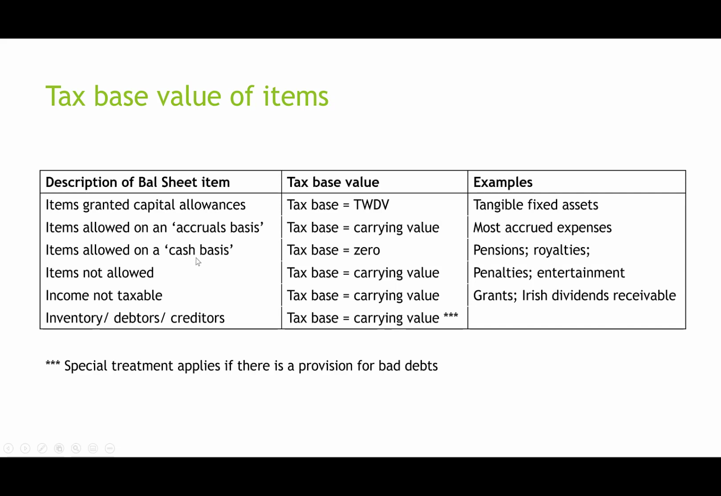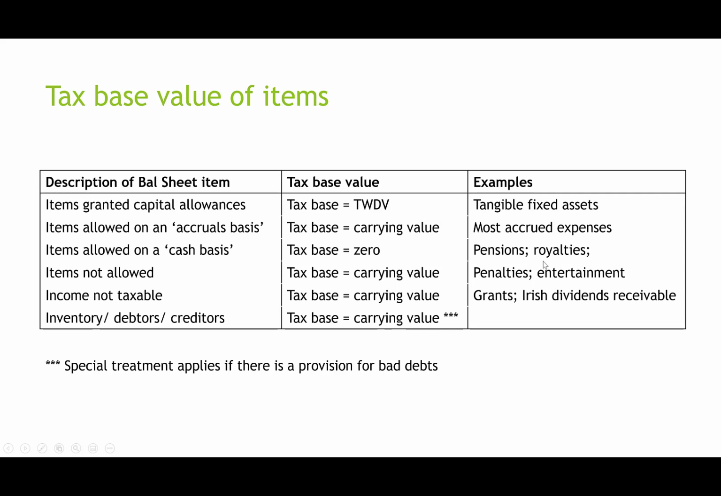That is compared to items allowed on a cash basis. Now again, the way I suggest you think of these is if we add back an item in a case 1 computation and perhaps we get to deduct the amount paid in the tax return, then the item is allowed on a cash basis. Okay, so the classic examples of these: accrued pensions are added back in a case 1